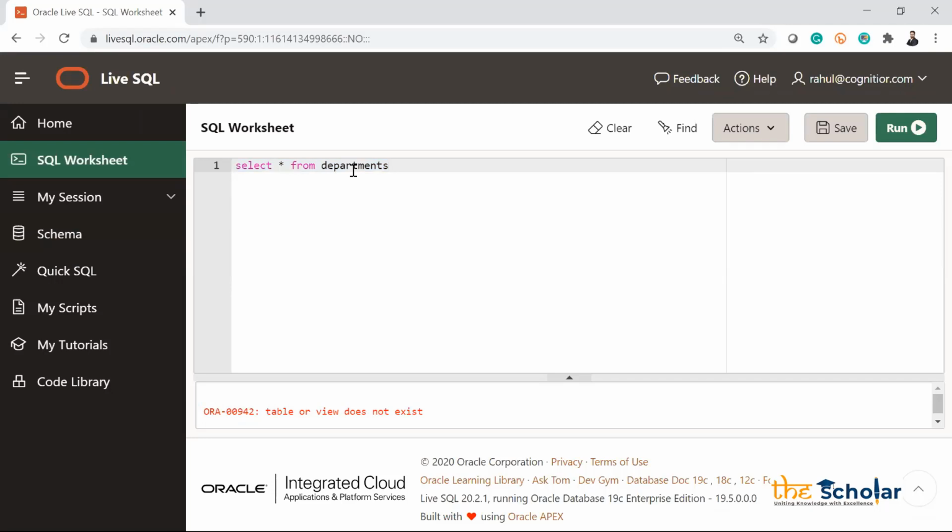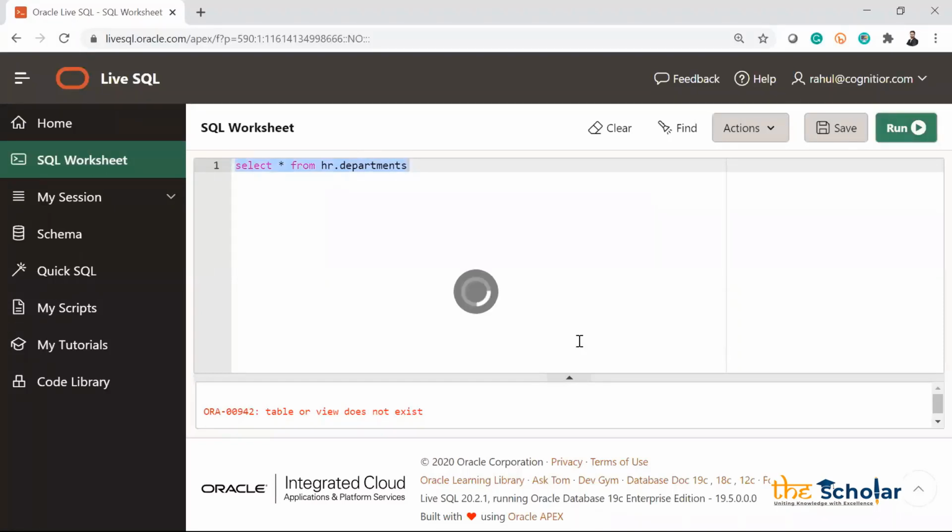which schema? It is present in the HR schema. So I have to write here HR dot. Okay, HR dot, something like, if you guys remember pandas, PD dot the function. Same way here also, HR dot the table name. Okay, obviously not a relevant example to share, like obviously that was a package and I'm calling the function, but here it is a table and I'm calling a table from a schema, something like that. Not a relevant example, I will say, but yes, just as a layman if you want to understand.